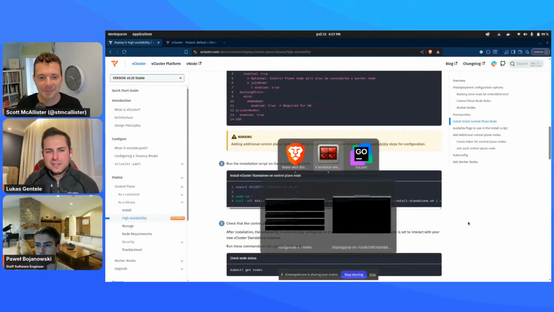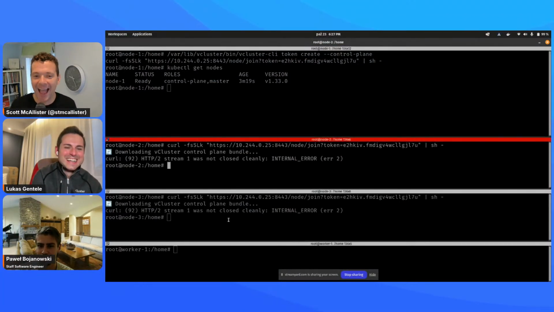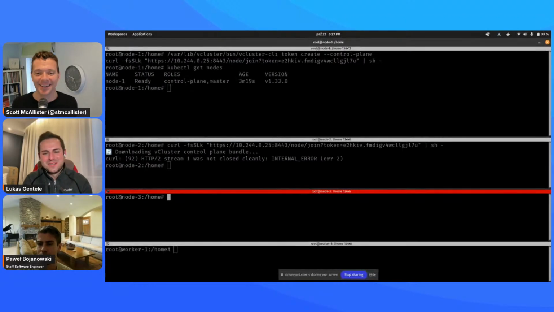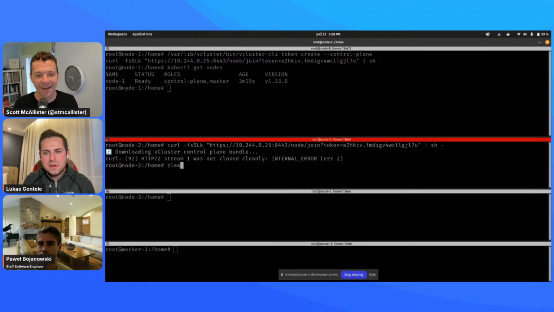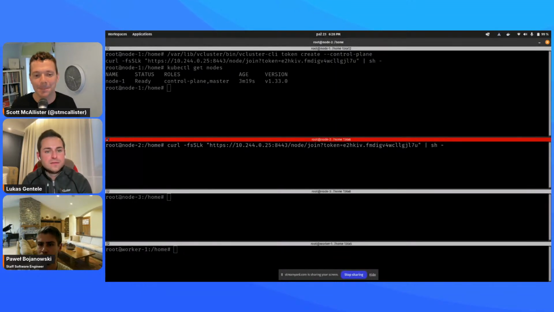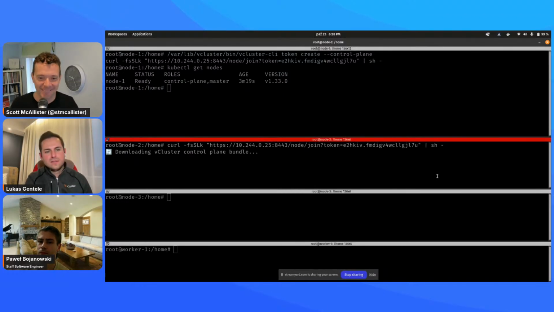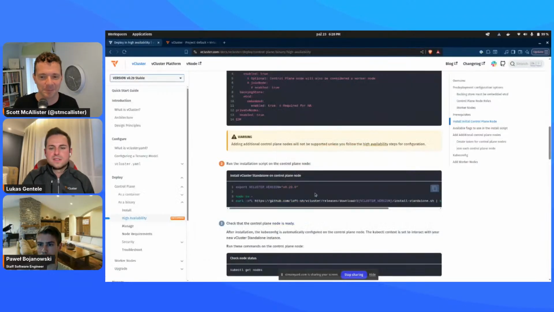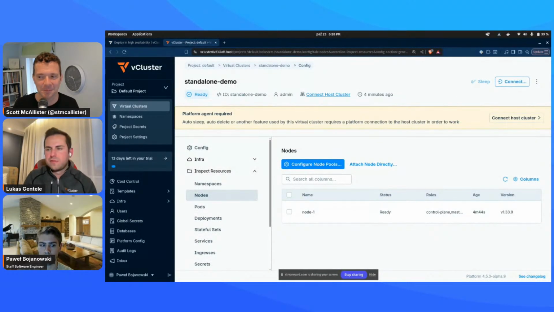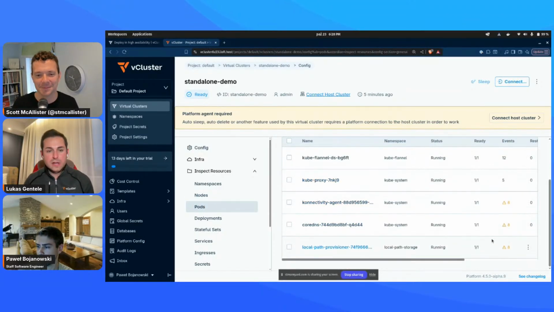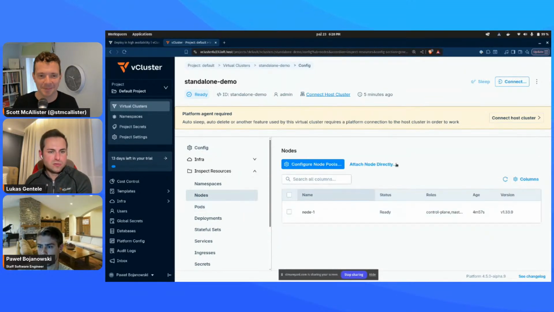Yeah, at the risk of spoiling too much again here, we have an internal prototype working, where you can actually use the auto nodes feature in vCluster Platform to provision nodes for control planes. So on vCluster Platform, you say, hey, you have my AWS credentials, here is a Terraform template for provisioning EC2 instances, or some other Terraform for your OpenStack, or you have KubeVirt connected, right? And you effectively say, please spin me up a standalone HA cluster with 3 control plane nodes, and it's going to